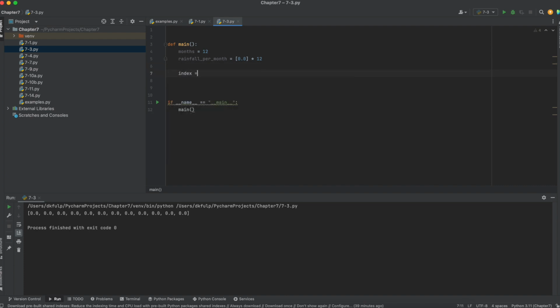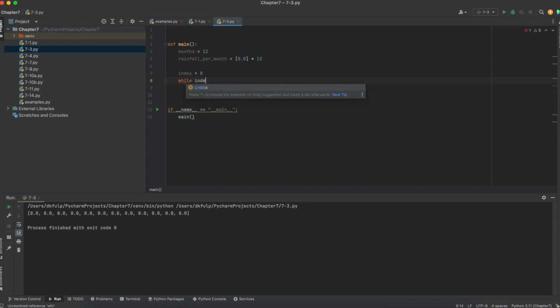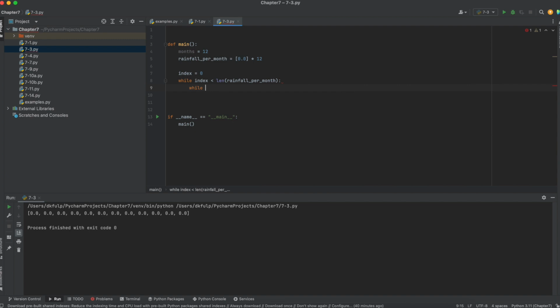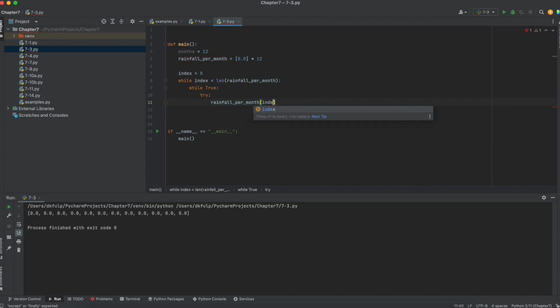We're going to do index equals 0. We'll say while index is less than rainfall per month. Remember, we had to put the len of the rainfall per month, just like that. We're going to then say while true, our input validation loop here, we're going to try, and we're going to do rainfall per month of index is equal to float of input, enter the rainfall